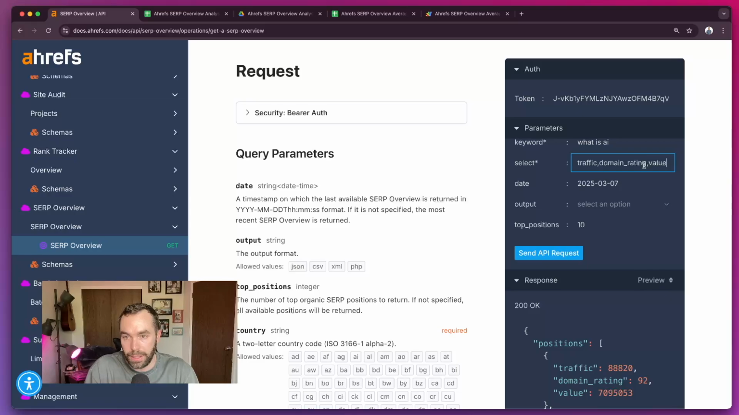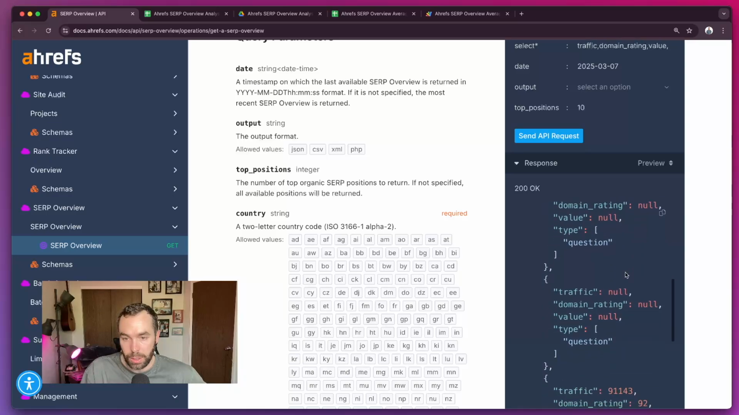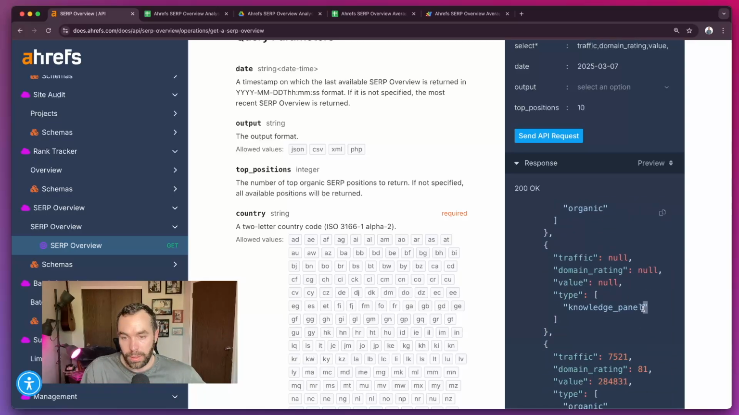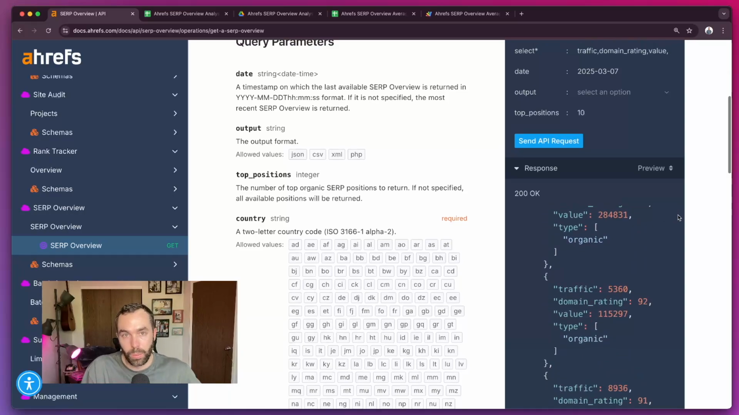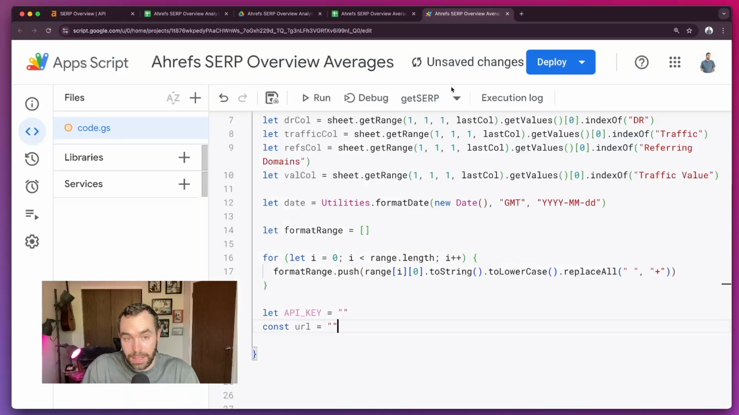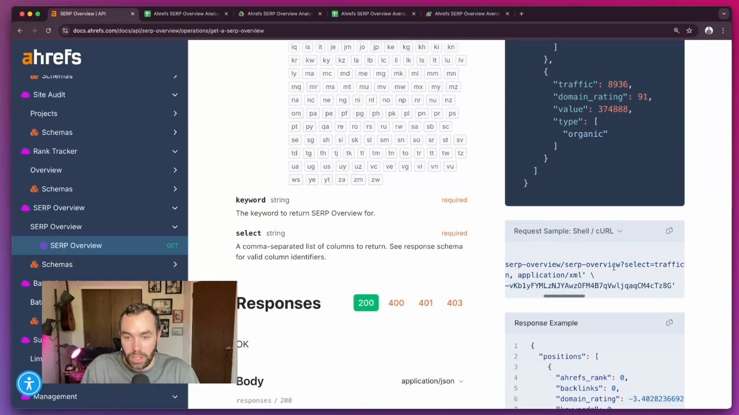So let's get that value as well. And we'll see that the values we want to get are organic. The ones that are null are typically a question or other non-organic results. That's just worth pointing out, and we're going to have a workaround for that. But this is where you can get the API key. I'm going to delete this API key after this video is live, but you can also get the URL that